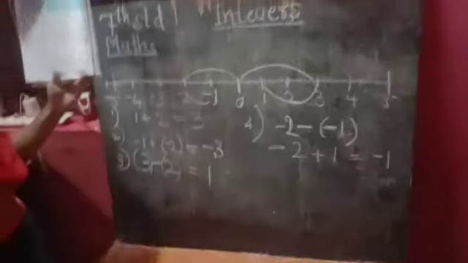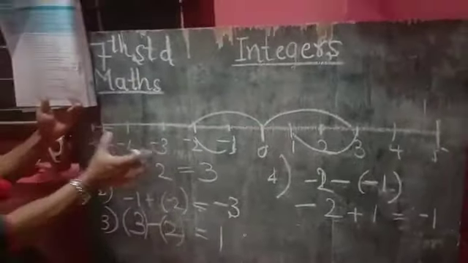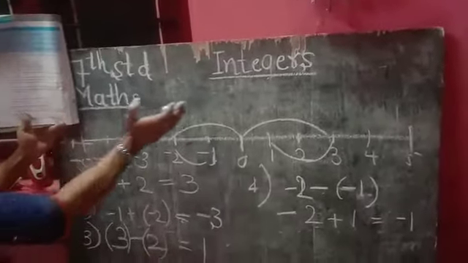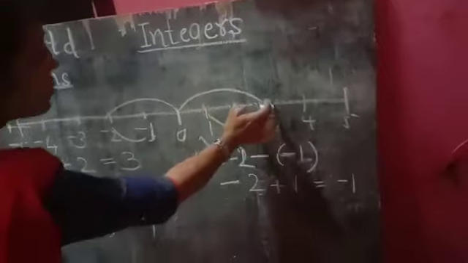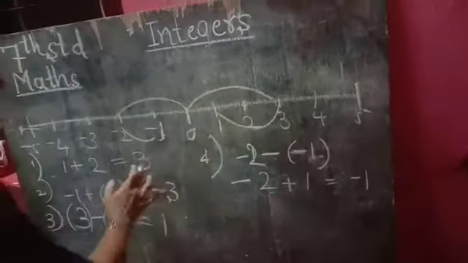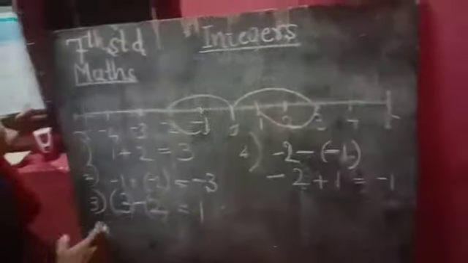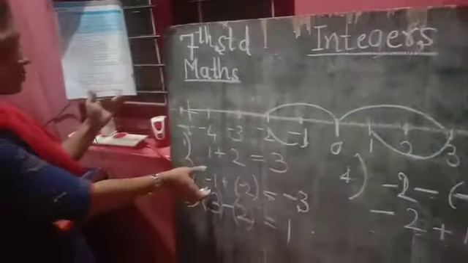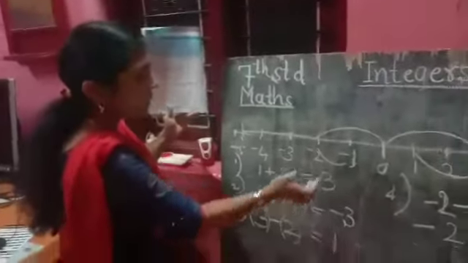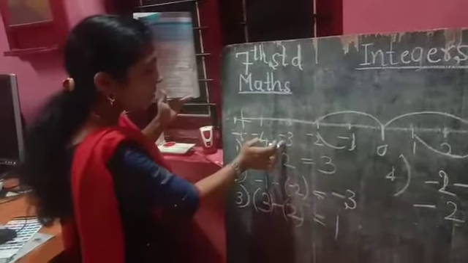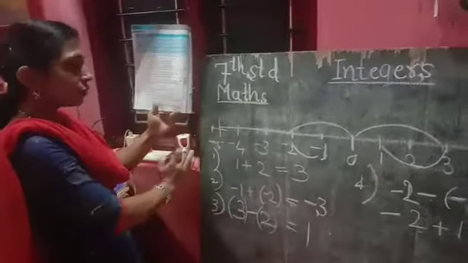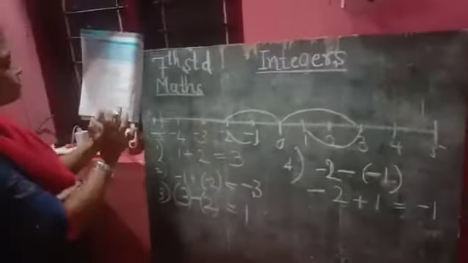So once again you see these statements on a number line. When we add positive integers, we move to the right. For example, plus 1 plus 2. Like this we have to go. Answer becomes 3. We are moving to the right side. And add a negative integer. Here both are negative integers. Minus 1, minus 2. Answer is minus 3. We move to the left of the number line.